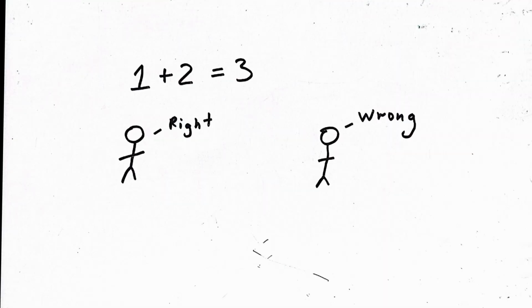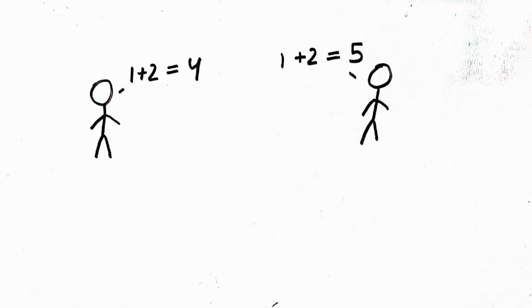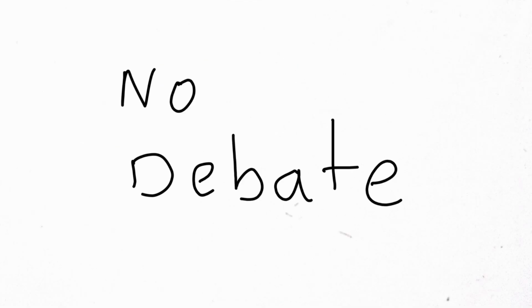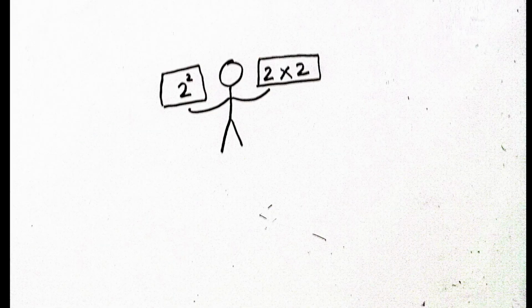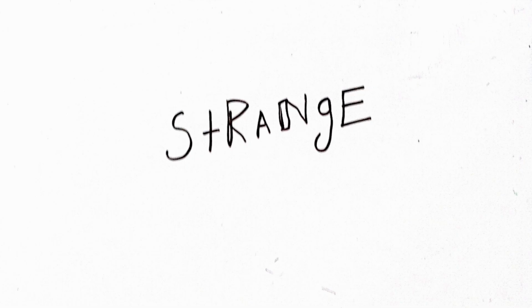No one is going to argue with you that 1 plus 2 equals 4 or 1 plus 2 equals 5, and no one's going to debate about that. This is something very, very obvious. And math is all good until you start playing with powers and multiplication, that you see something strange begins